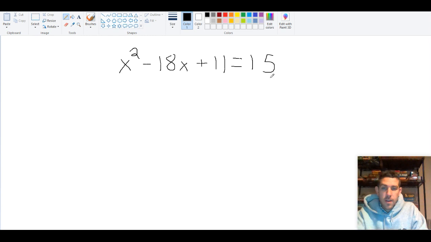Alright, so that is a standard form equation. I have no idea what it looks like. I just made it up. But what I do know is I can turn this into a perfect square trinomial using that trick that I